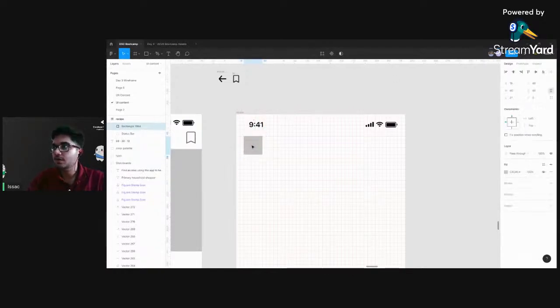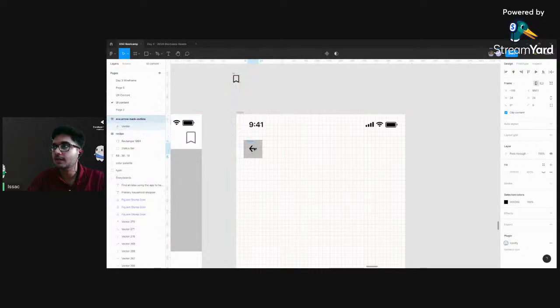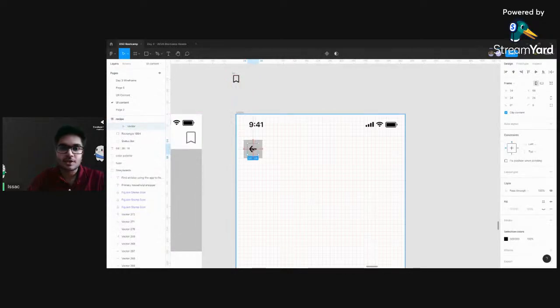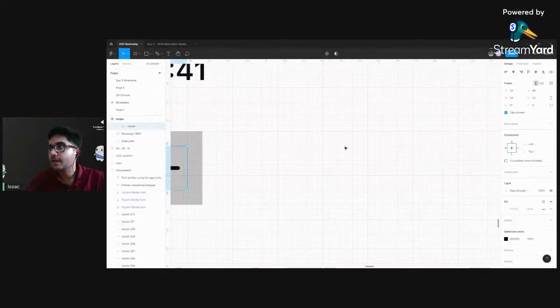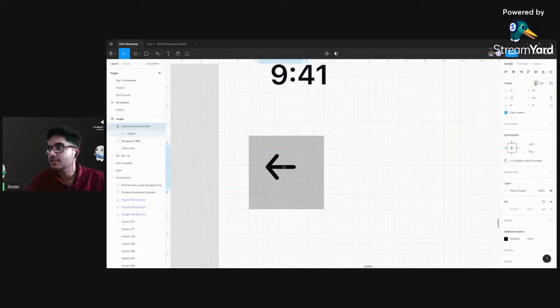40 into 40. All right. Now I'll select this icon and then drag it into the frame. You can see it going into the frame. You can check whether it's inside the frame by the red lines, making sure that it's perfectly